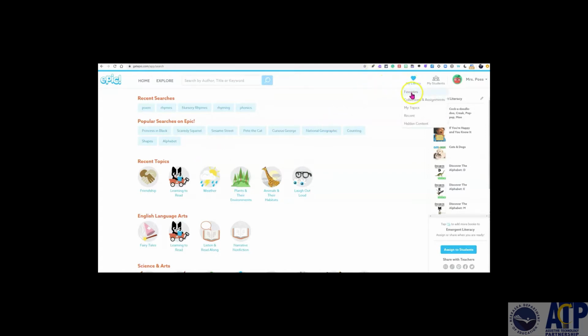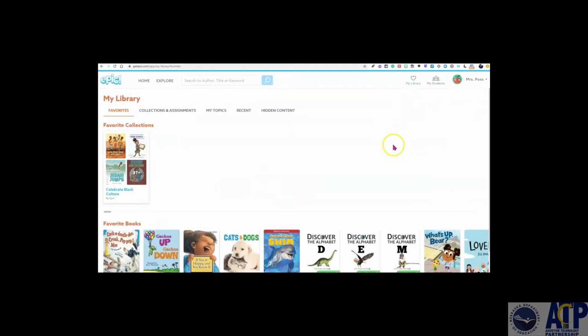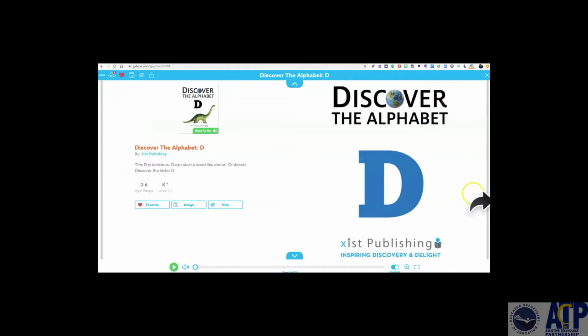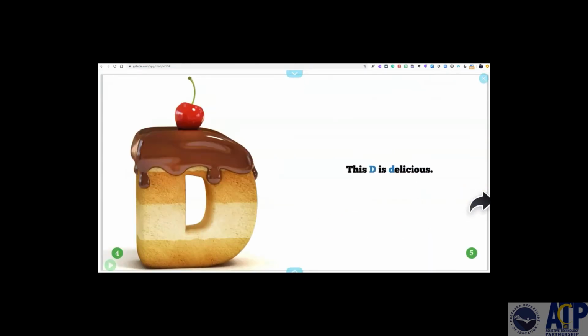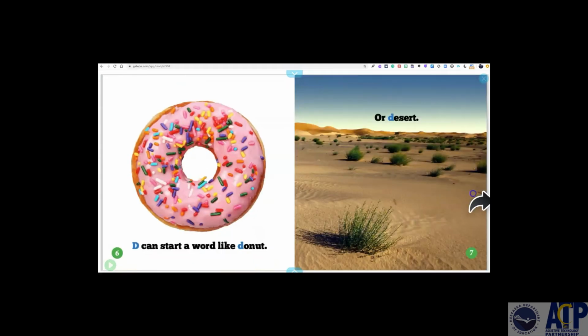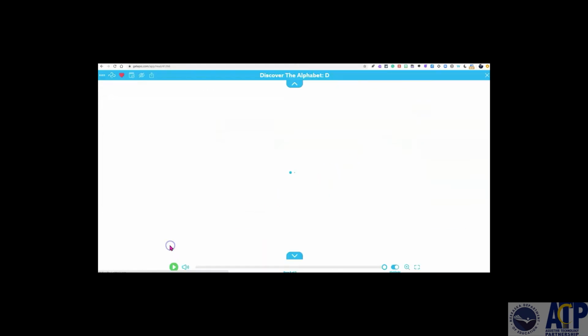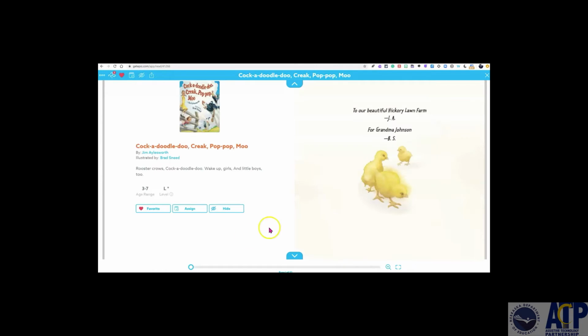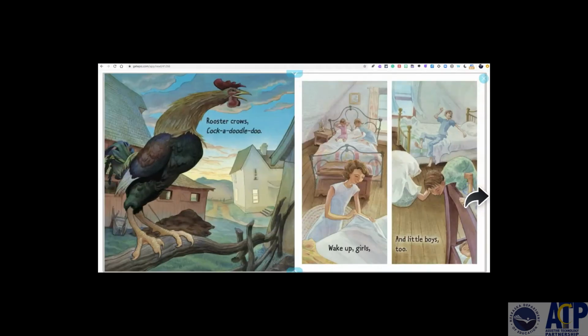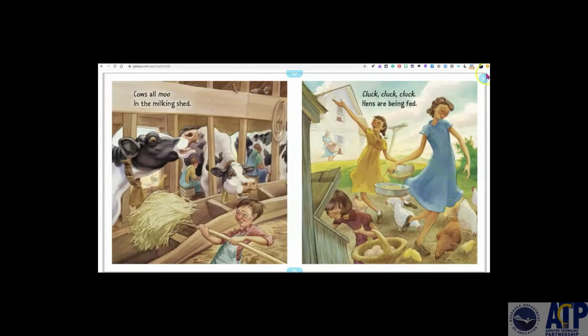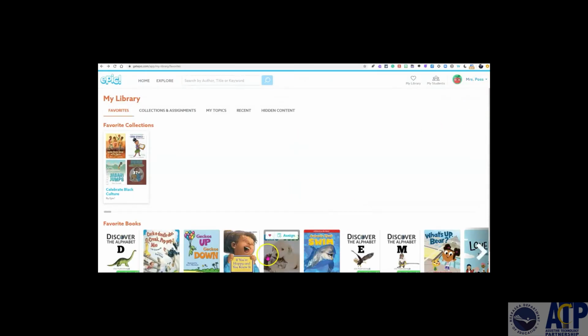Included in their books, and I'll take a look at some of my favorites that I have, are wonderful alphabet books, perfect like this to focus on a specific letter, rhyming books, like Cock-a-doodle-doo, Creak, Pop, Pop, Moo, Old Stairs Creak, Come Fast as You Can, Ham Pop Pops in the Frying Pan, along with familiar songs,